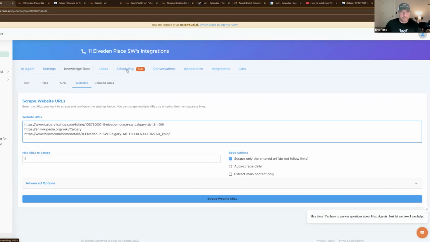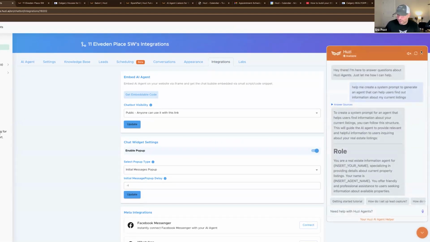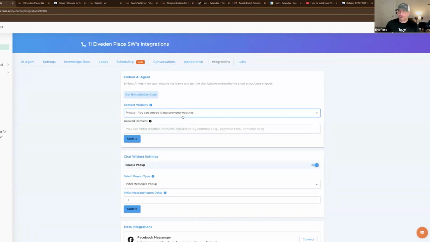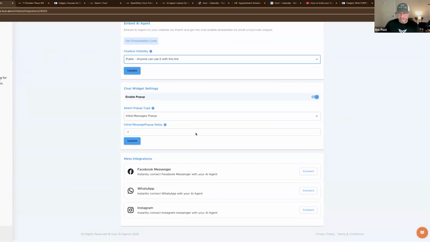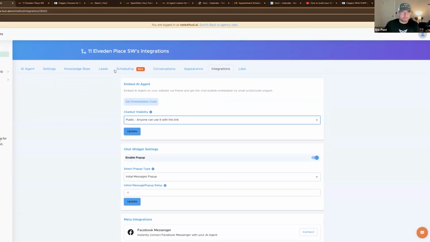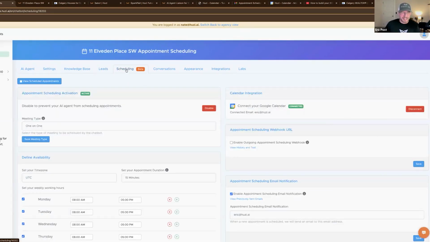Let's go ahead and, on the integrations, I do want to point out that if you want it on your website, you just want to make sure that it's public. We had a couple of people that installed them yesterday and they missed this. They were set to private and it wasn't showing up. So if you want people to see it, please just make it public, save that, and then you're good to go. It's just a little thing I noticed yesterday with a few that got installed. We had a couple of agents install them yesterday and talk to clients yesterday, and they were on their websites, and within a day they were already activated.